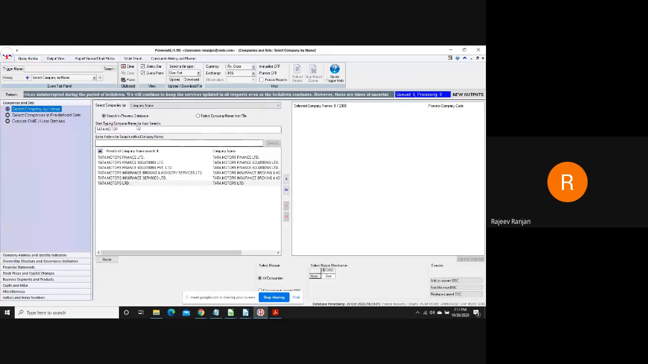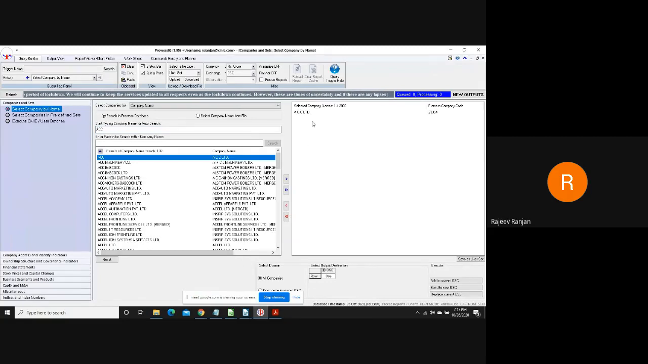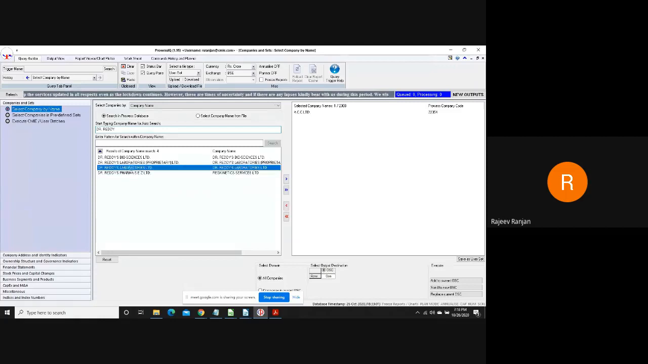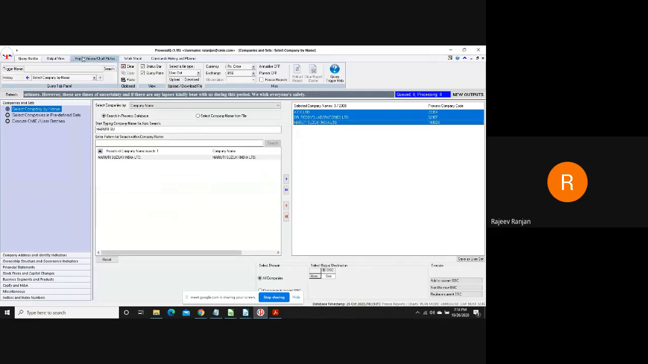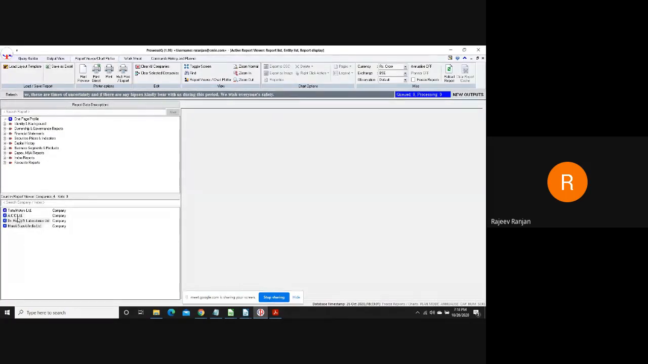So for example, if we want a couple of more companies, say I would like to take ACC also, and I double click, ACC appears here. I take, say, Dr. Reddy Lab also. So once I select these companies, and if I go to the report viewer, all those companies are uploaded here. So I can have a list of companies here and see similar kind of information on each of those companies when I go through it. So if I select the first company and say one-page profile,